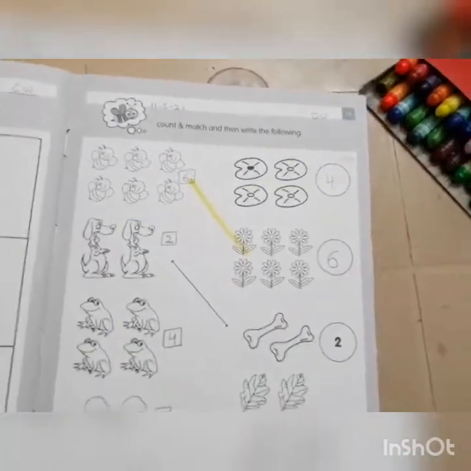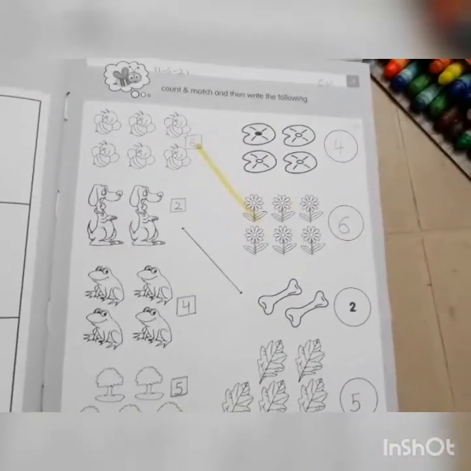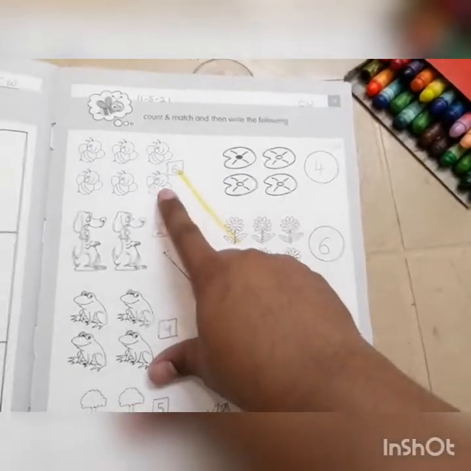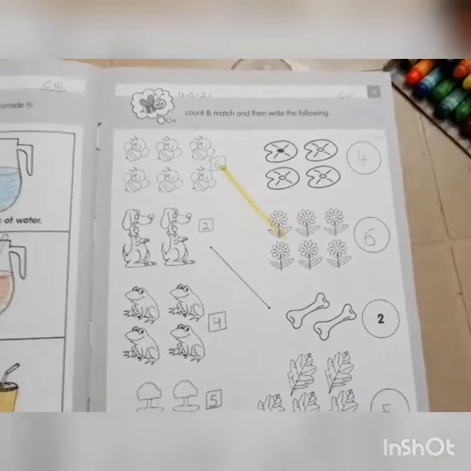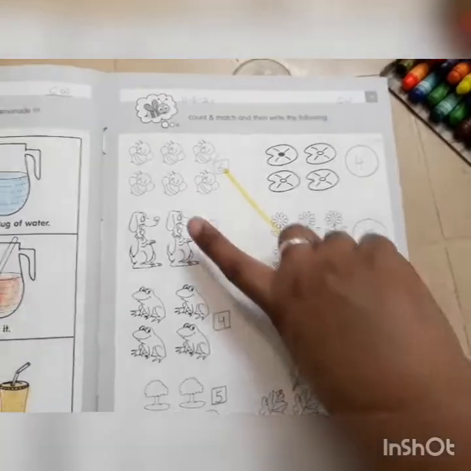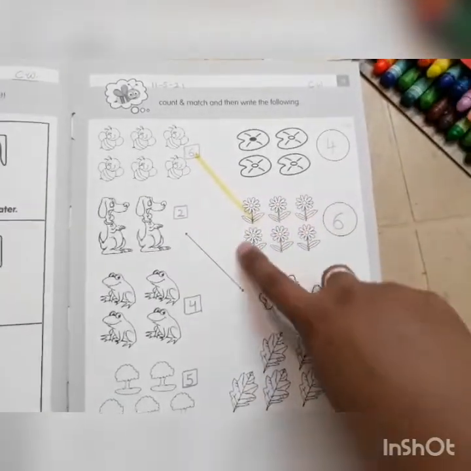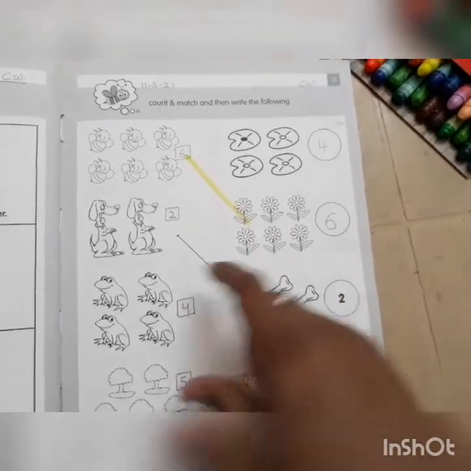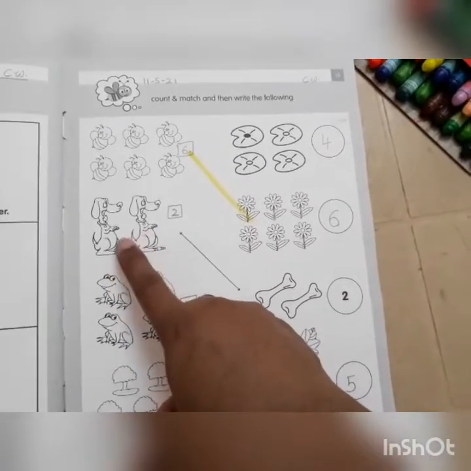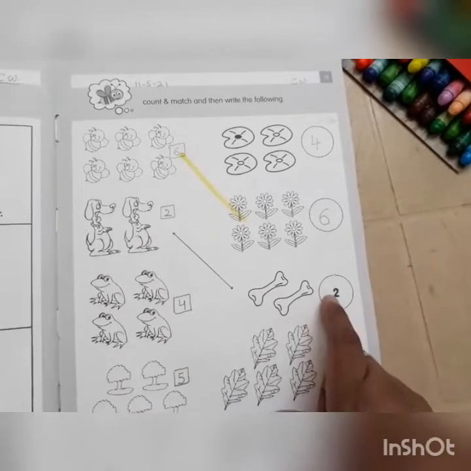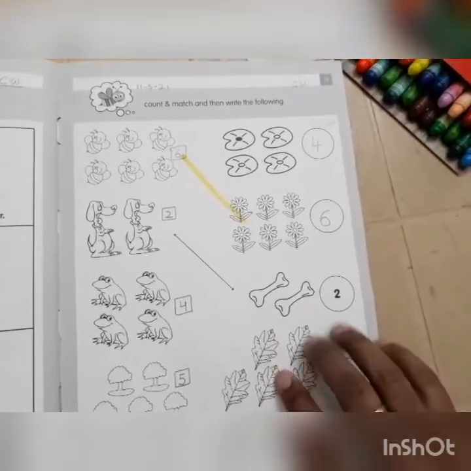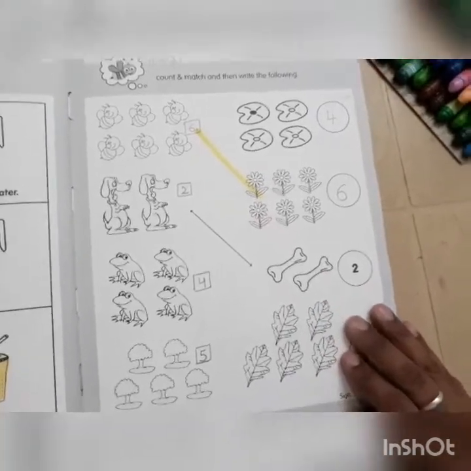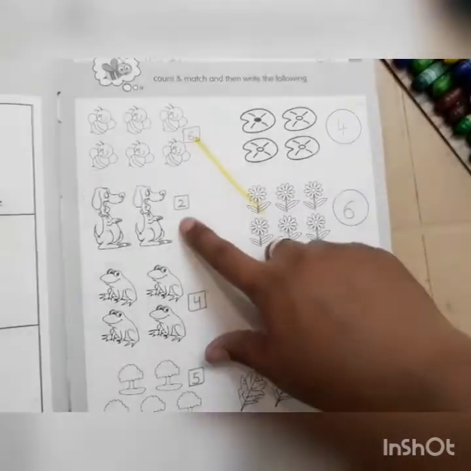Clear? Now why do we have 6 bees and 6 flowers? You know, these are honey bees. कौन है ये? Honey bees. और honey bee क्या करते हैं? They make honey. और honey कैसे बनता है? You know that? From the juices of flowers. तो ये 6 honey bees इन 6 flowers का juices इकट्ठा करेंगे. Okay? Now we have 2 dogs and 2 bones. Why? Because dogs love to have bones with them. Yes. So they have already been matched.